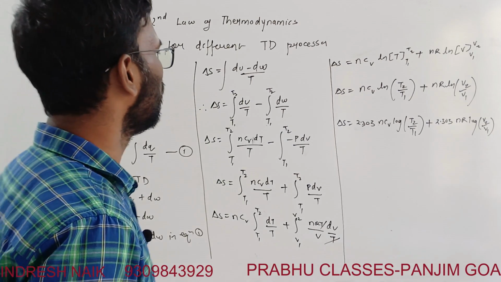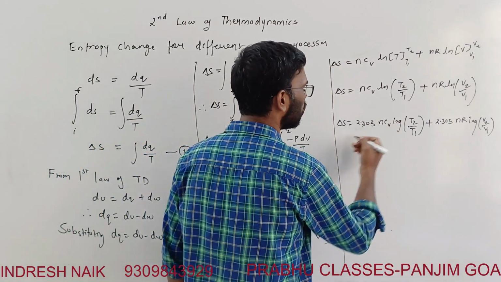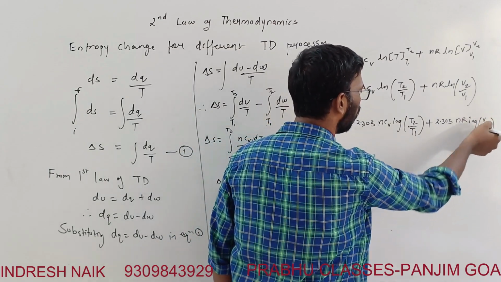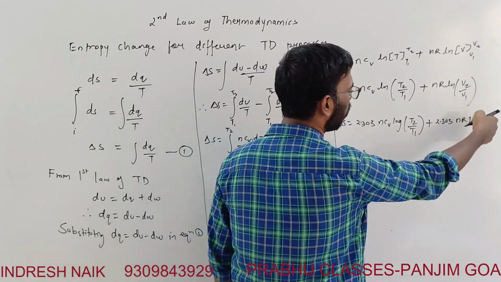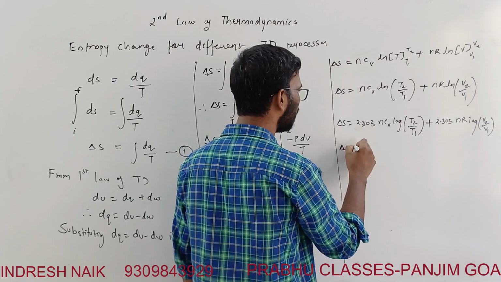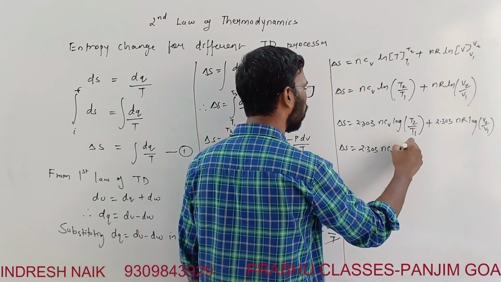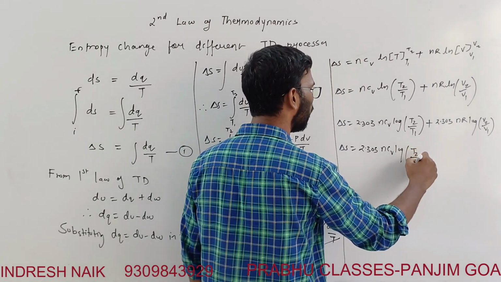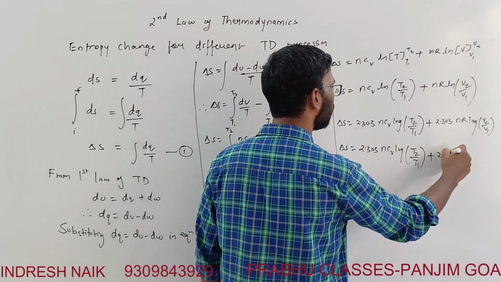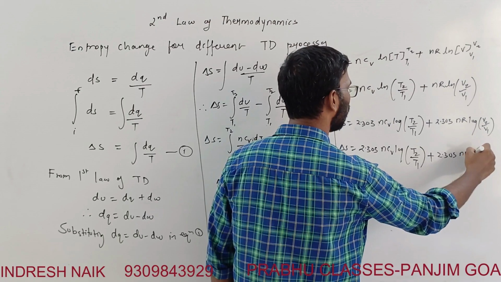So we'll write it this way. These are the equations which we are having. This is with respect to pressure and volume, right? From Boyle's law, we can also write it in terms of pressure: 2.303 nCv log of T2 by T1 plus 2.303 nR log of